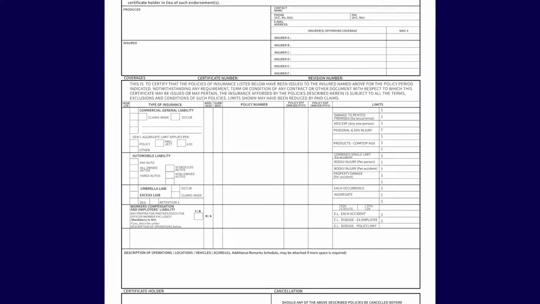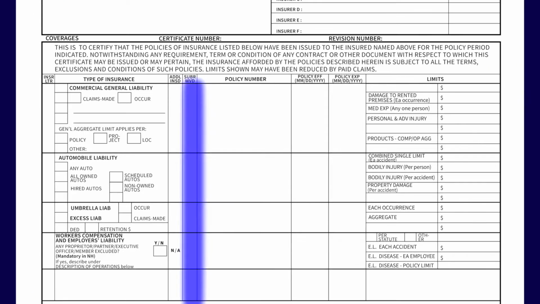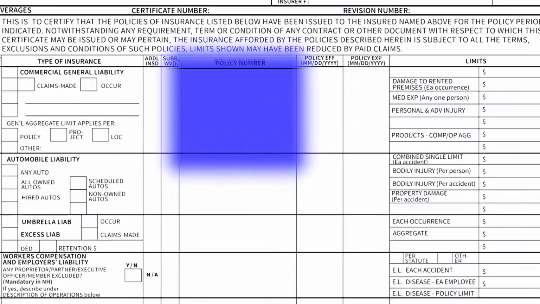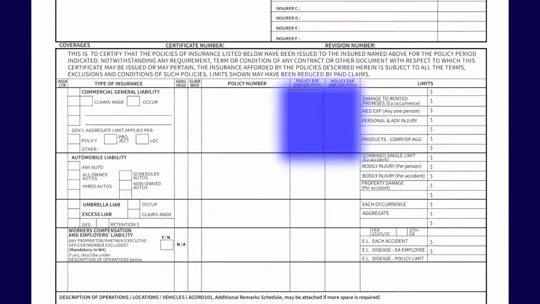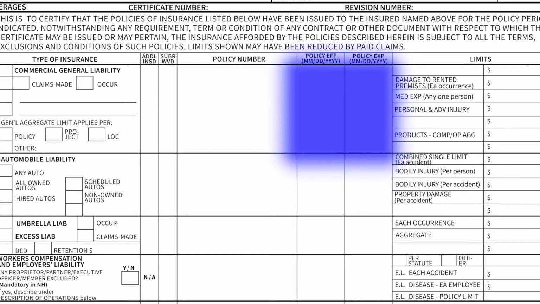Number 11, this column indicates whether or not waiver of subrogation applies to each coverage. Number 12, the policy numbers are just numbers that correspond with the policy for identification purposes only. The policy numbers can vary depending on the carrier and type of policy. Number 13, the policy effective and expiration dates let you know when the policy is valid and when the coverage